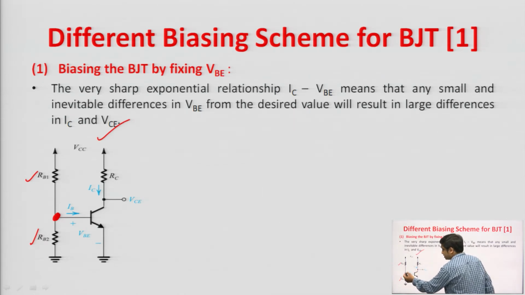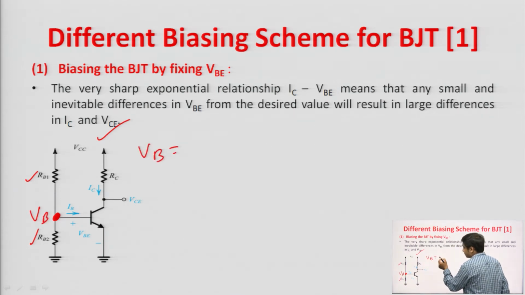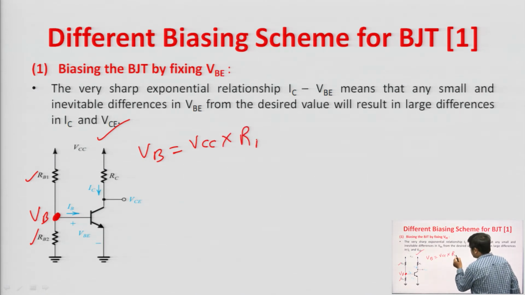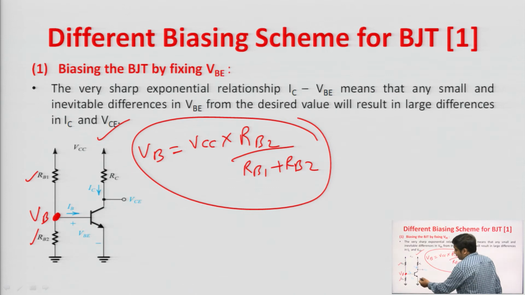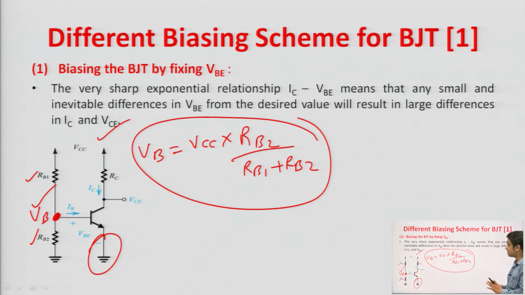This is VB. So, VB will be equal to VCC into RB2 upon RB1 plus RB2, this is your base voltage, and emitter is grounded. So, emitter is grounded, it is fixed, base voltage is fixed, so VB is fixed, but the issue with this technique is that